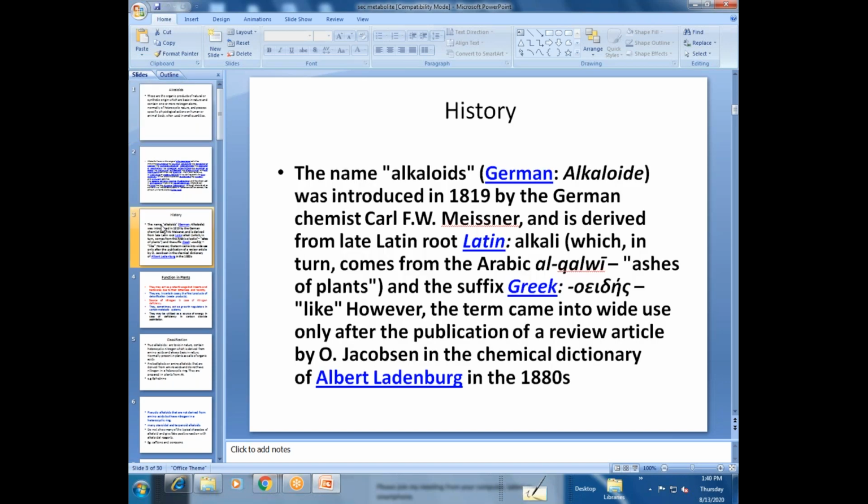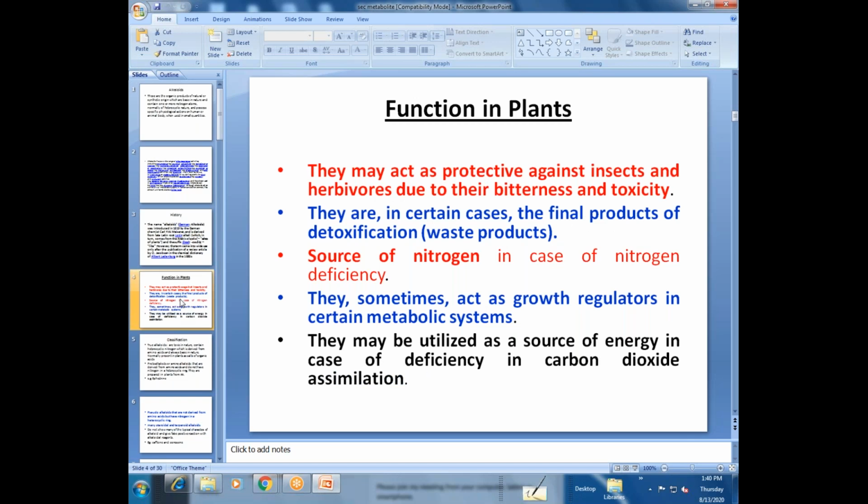So this is what in German is Alkaloide. In the Latin word, it is alkali-like substances, known as alkaloids. Since it contains nitrogen, it is basic in nature and is an alkali-like substance. Next, the function of